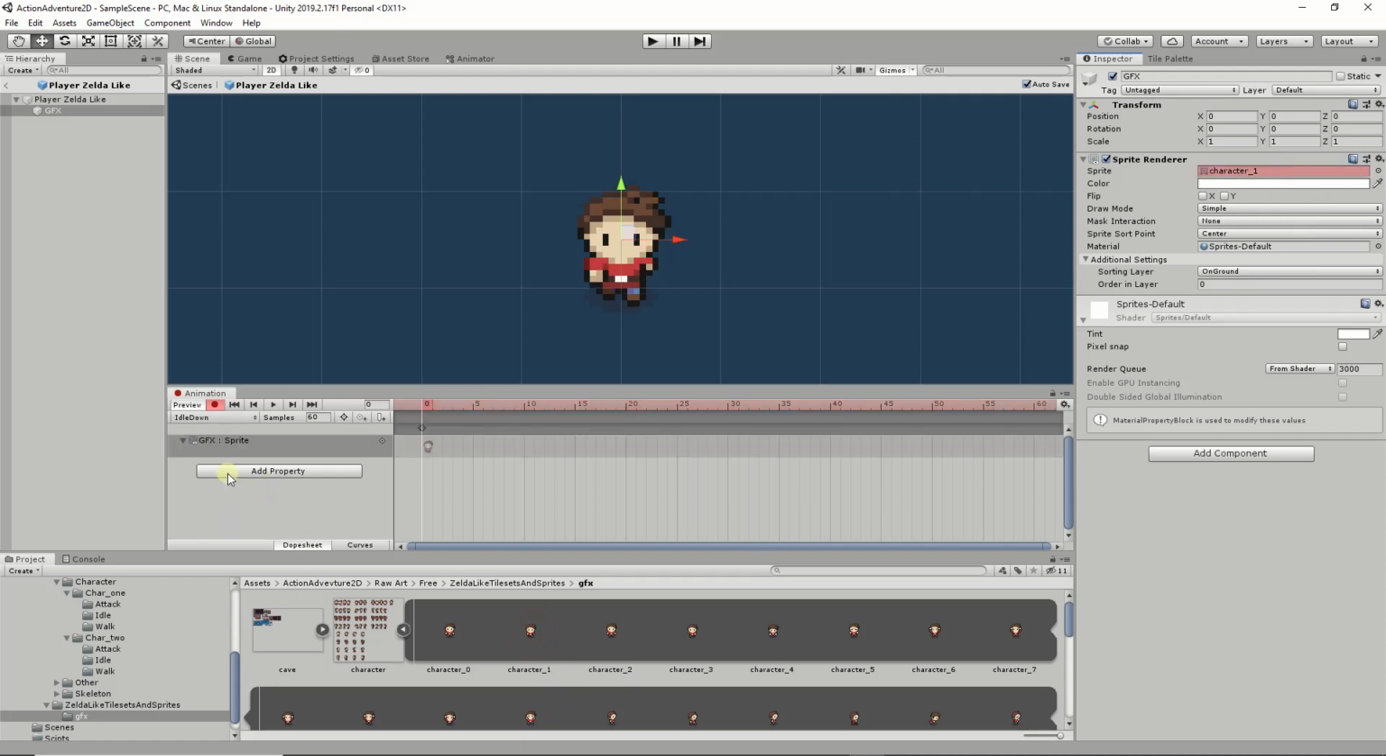Okay. So to get his first animation, you got character 1, right? We click the record on the graphics. We're going to drag this character 1 here, right? And now what we're going to do is take it back to the character 0 because we made a change. We want that change to save. Click record,